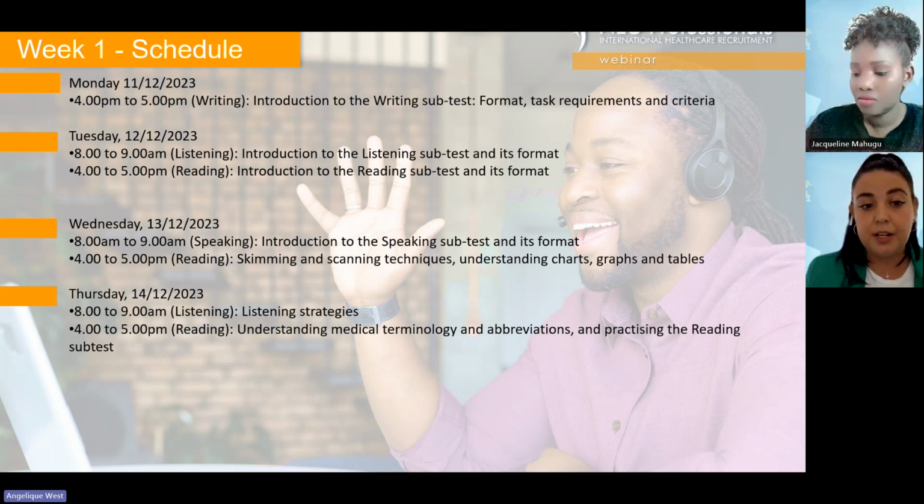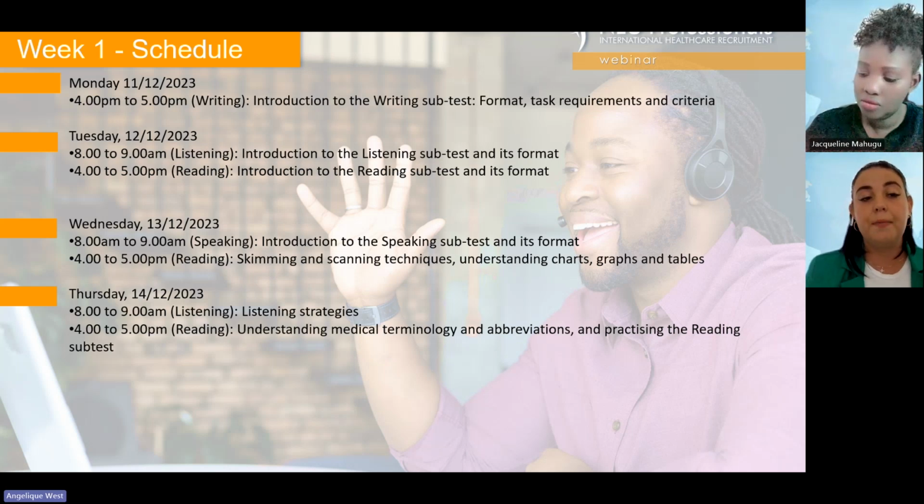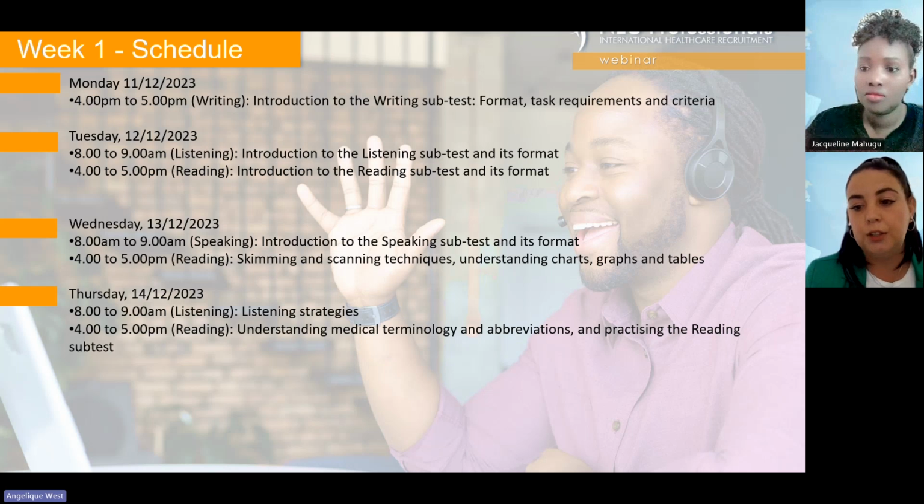In the evening session, in reading, we will cover understanding medical terminology and abbreviations, and practicing the reading subtest. You will see that on Fridays there will be no sessions. It is only from Monday to Thursday. Let's look at our schedule for week 2.